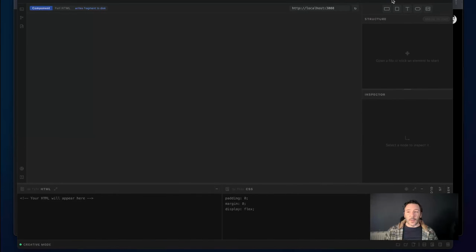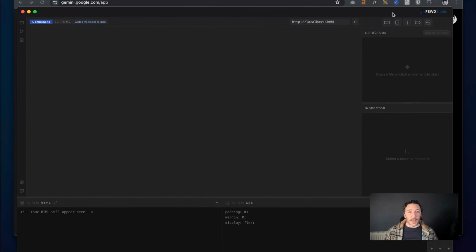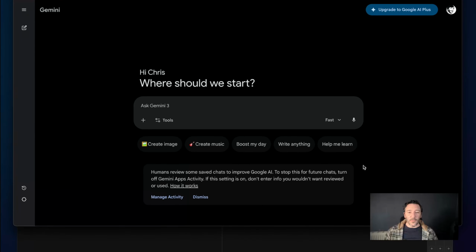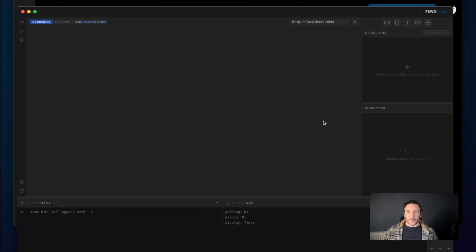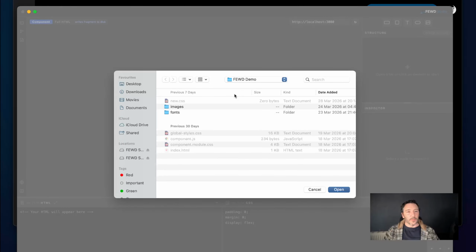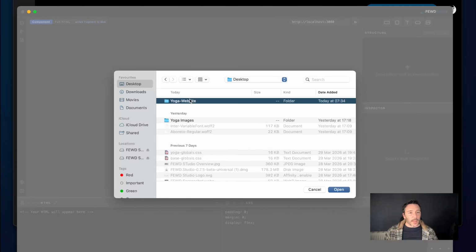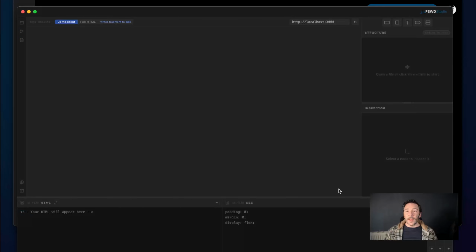So the first thing to do is obviously open up FEWD Studio. Actually, the first thing to do is screen share. There we go. Okay, so FEWD Studio, let's have a look at where we left off. So we'll jump into the project directory, or choose the correct project directory. So desktop and yoga website. So we're making a yoga website